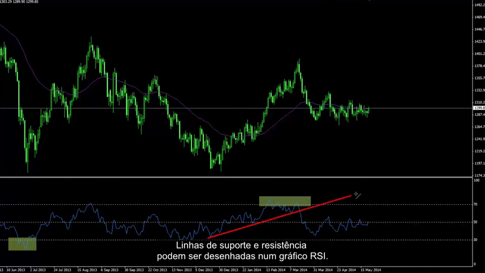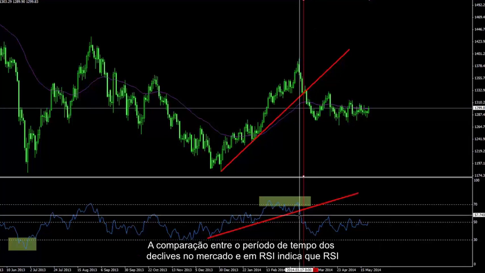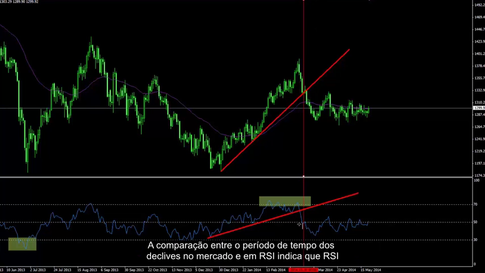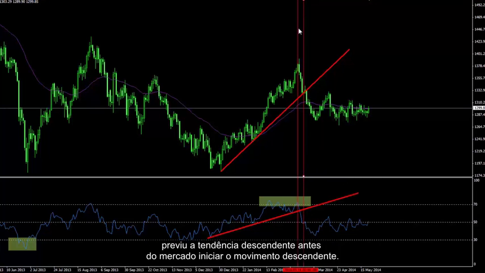Support and resistance lines can be drawn on the RSI chart. For instance, there is a support line on the RSI. Relative trade can draw a support line on the market trend. Comparing the time frame of declines on the market and RSI indicates that RSI predicted the downtrend before the market